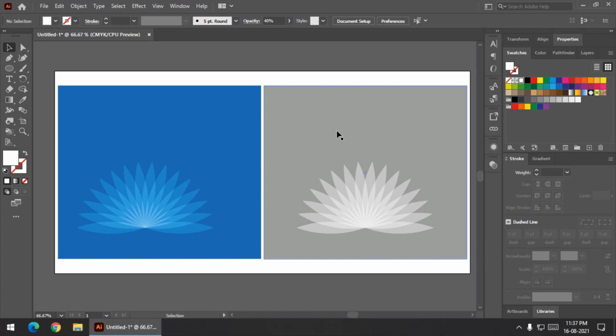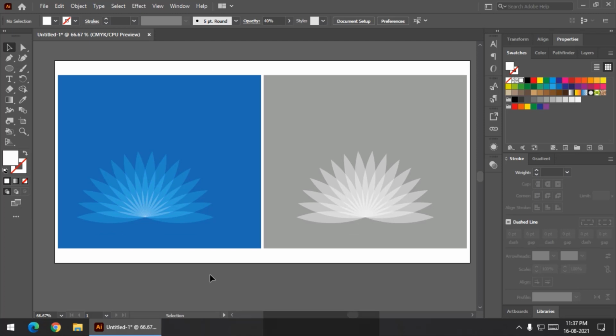Let's say you want this particular shade and color. Sometimes when we keep the transparency value high, it is difficult or even impossible to print for some printers. So we have to keep the transparency value at a certain point so that it is visible after printing. So it is really important. So let's say what we have to do if we want this exact color shading and we don't want any difference when we print this particular shade.